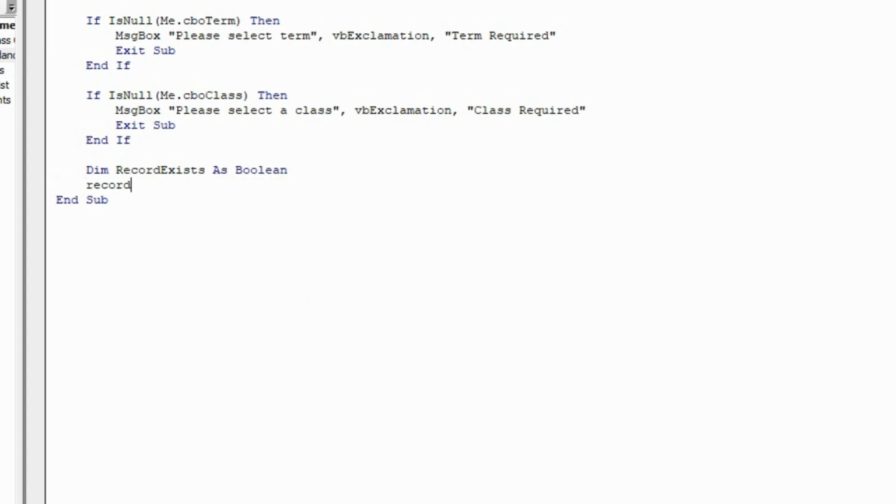Then recordExists is equal to Nz(DCount(star from attendance, so that's you count everything from the attendance table, where